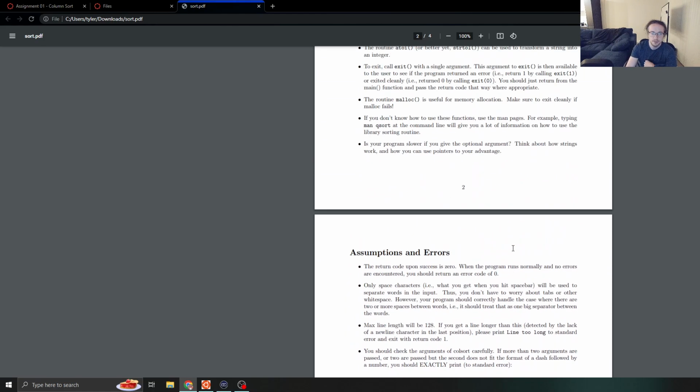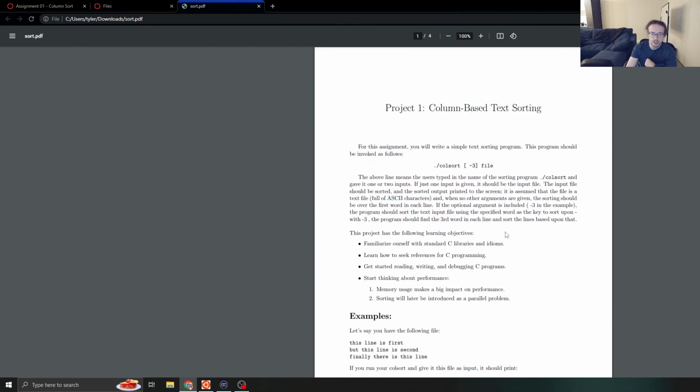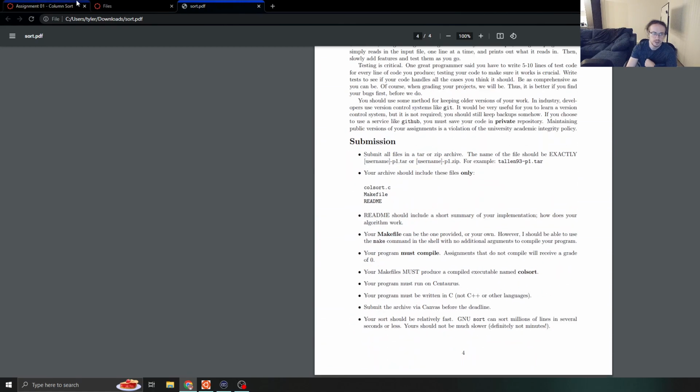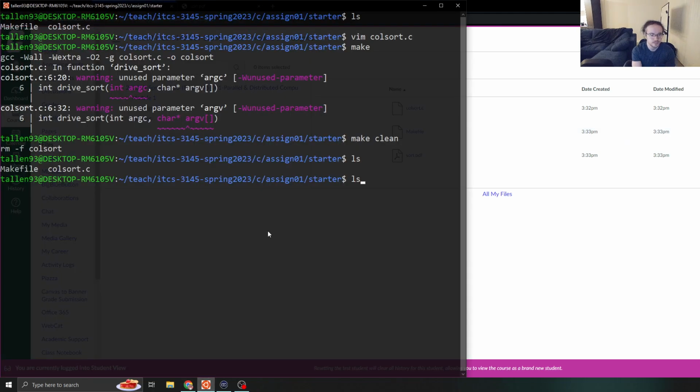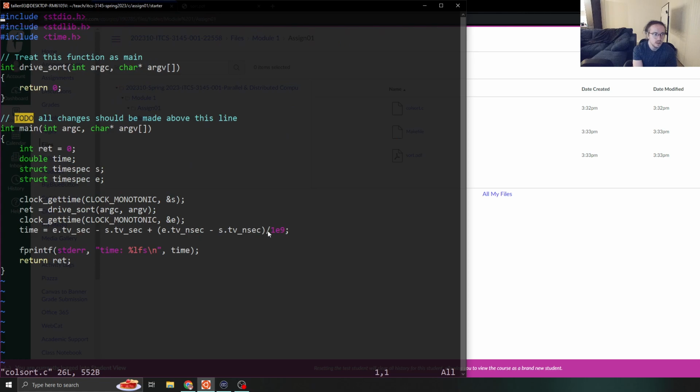So I think that's about it for the handout. So let's take a look back. If we look at our files, you'll see we have a column sort.c and a makefile. So let's take a look at what those files are. So if we look at column sort.c,